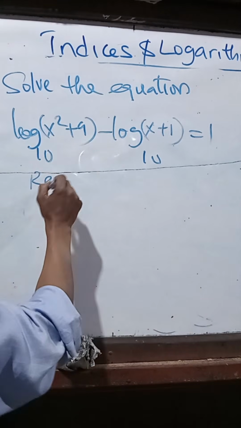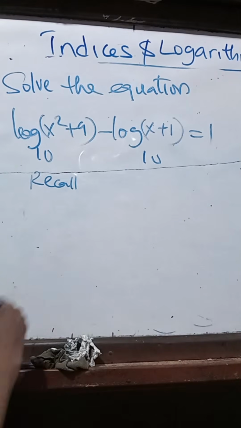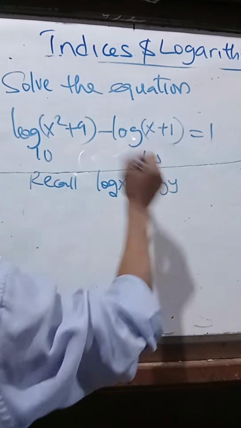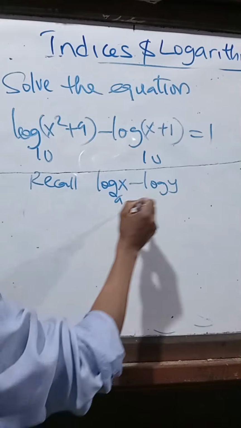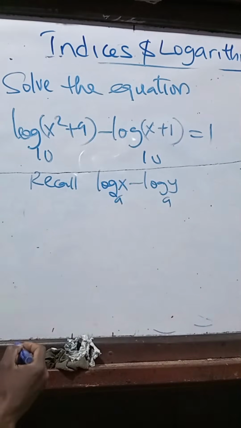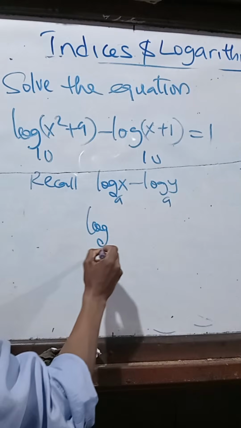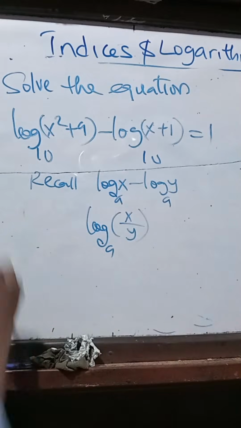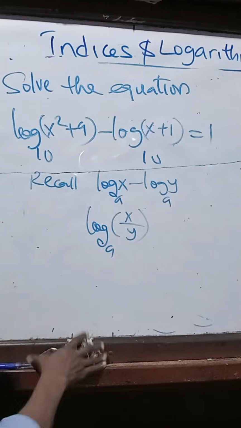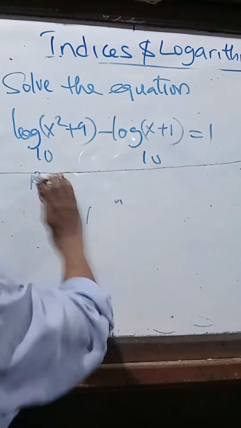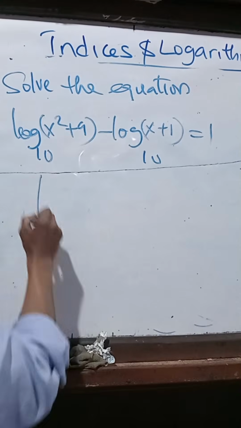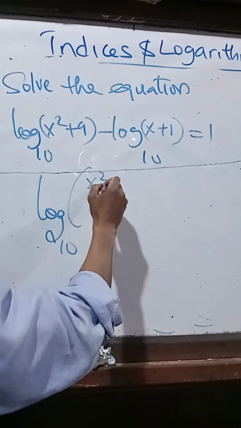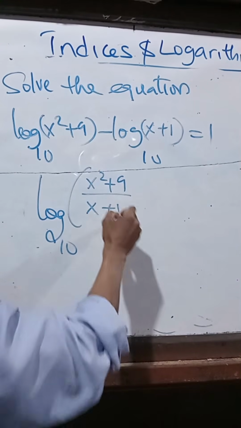Recall, we said in the laws that log x minus log y, once the bases are the same, you write a common logarithm. That'll be this, and then you divide the functions. So we're going to apply the same rule to solve that question. That will be equal to a common logarithm to base 10 of (x squared plus 9) over (x plus 1)